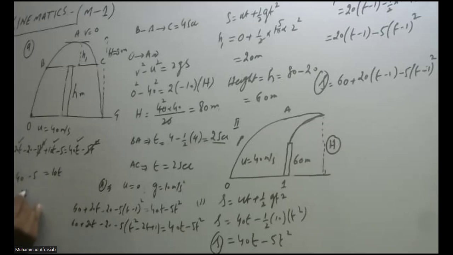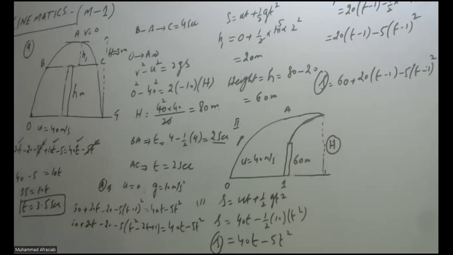So 35 is equal to 10t, or t is equal to 3.5 seconds. So this is the time when they are at the same height from the ground,